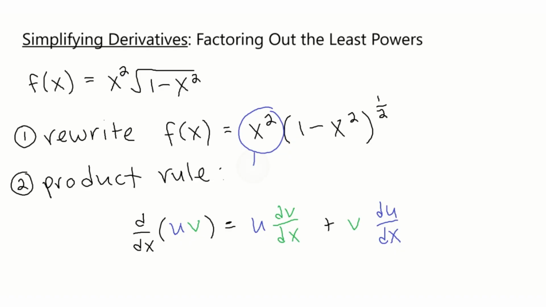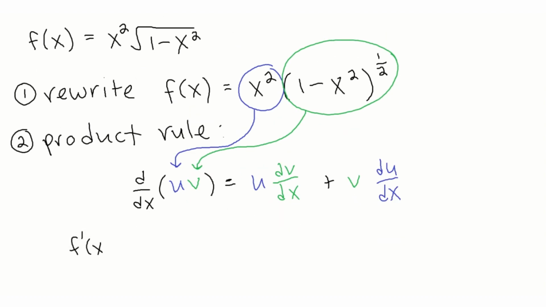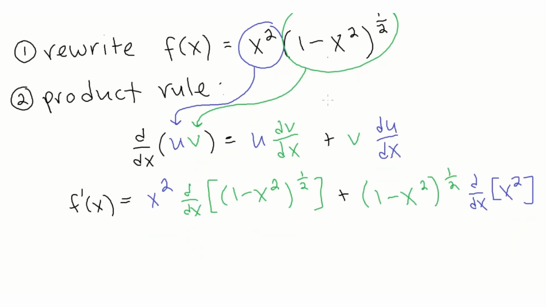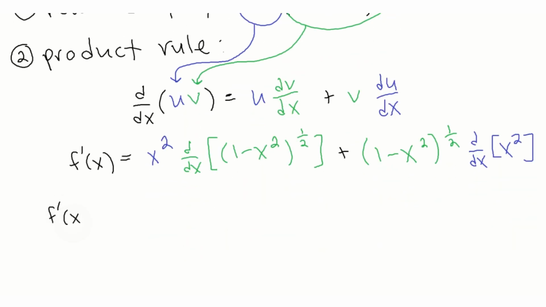I'll label x squared as the first function and the square root of 1 minus x squared as the second function. So we get the derivative is the first function times the derivative of the second function plus the second function times the derivative of the first function, which gives us f prime of x is equal to x squared times the derivative of the second function, which